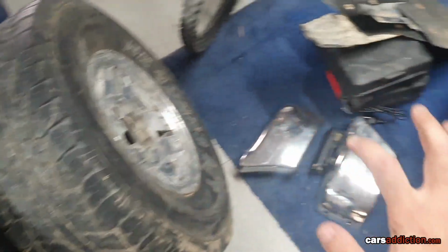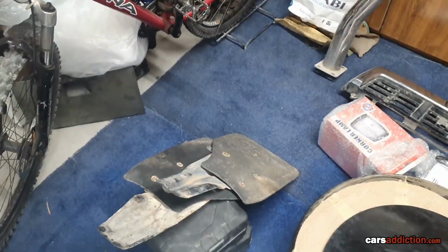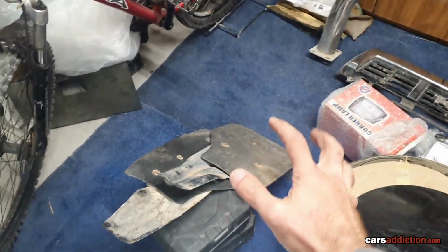Because as you can see, there's a lot of parts getting onto the truck and getting restored. So a lot of work to be done. So let's get restoring all these parts and...